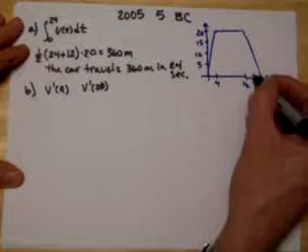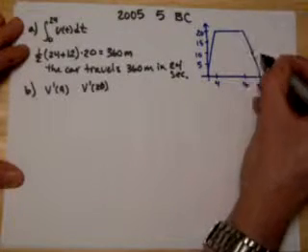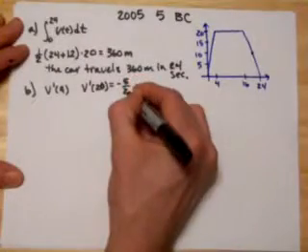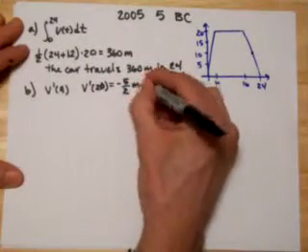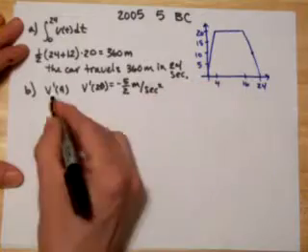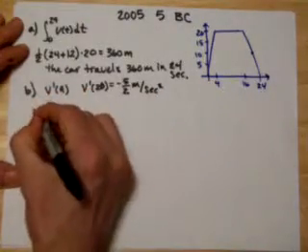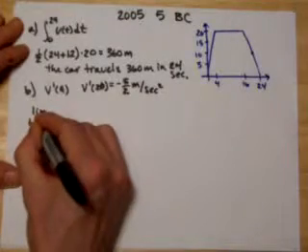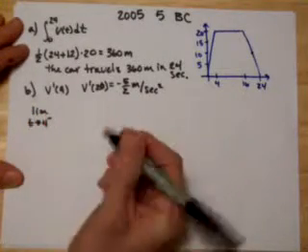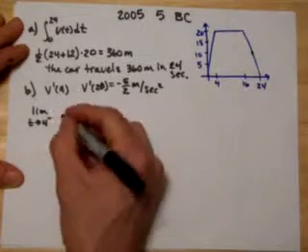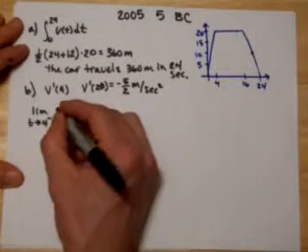And v prime of 20 actually does exist. It's right in here somewhere, and that slope is negative 5/2 meters per second squared. This one doesn't exist. One way that you can show that is the limit as t goes to 4 from the left hand side. So the time is approaching 4 from the left hand side. What we're getting is